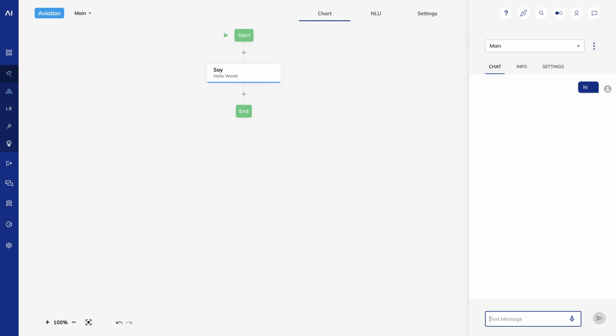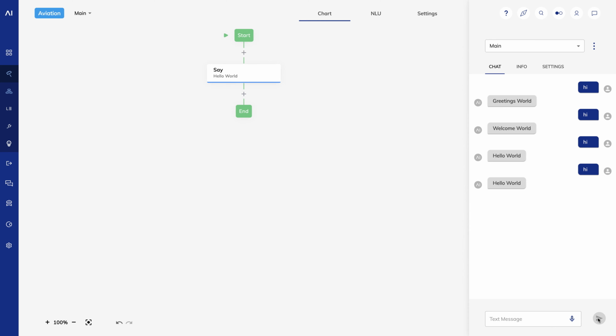Now when I interact with the bot, I'll get a random response from one of the three I've entered. The purpose of this feature is just to introduce some natural variability in your user interaction so that it feels a little bit less robotic. Here's a trick. To re-enter an input into the interaction panel, just click on the bubble and send the message.